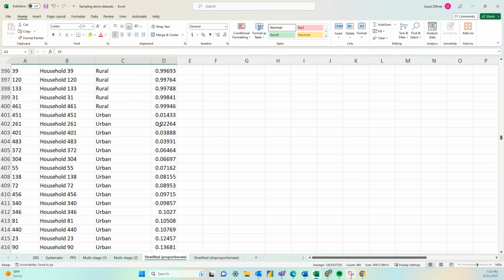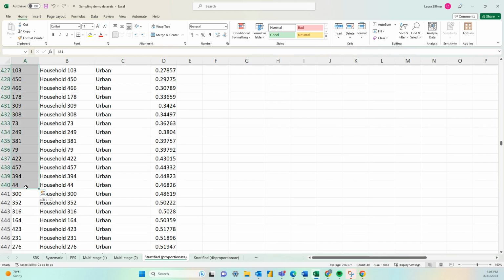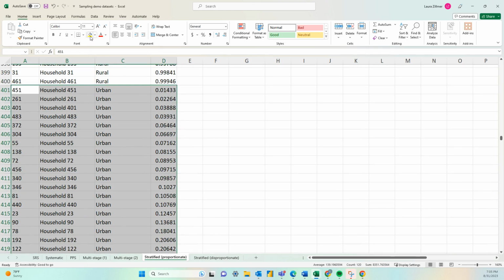Since we've calculated a sample size of 30 households for our urban subgroup, we'll select the first 30. These are the households we'll survey for our urban subgroup.